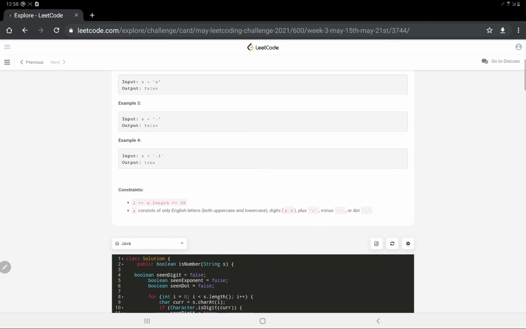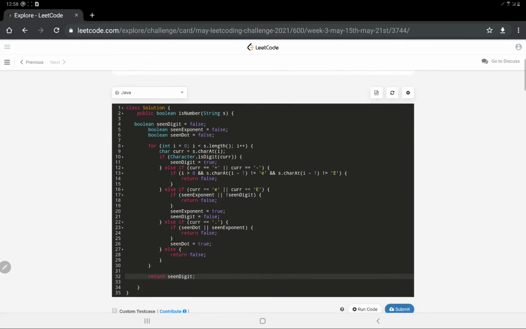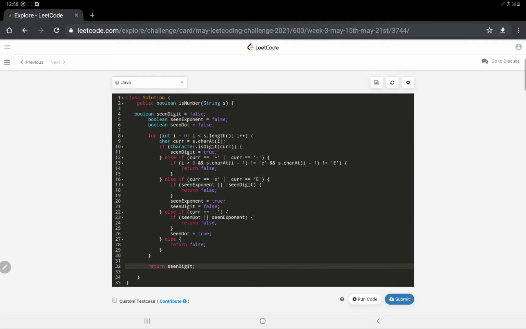Alright, let's directly move to the code for this question, because there is no need for the approach. There are some else if statements that need to be put at the right place. The first if statement is that if the current character is a digit, because we are traversing the string character by character. We'll pick the character and